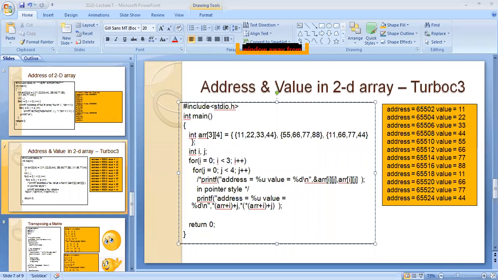So, in the Windows operating system, that is Turbo C, how will you get the address, and what is the representation for address and value?